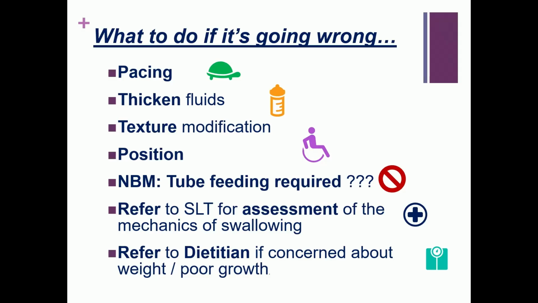Positioning is really, really key. So we generally want, especially if we're thinking for the weaning stage, so I'm not talking about breastfeeding or bottle feeding specifically at this time, but for solids, we want them sitting quite upright and really well supported. So have a think about the chair that they're sitting in. Has it got sufficient support?